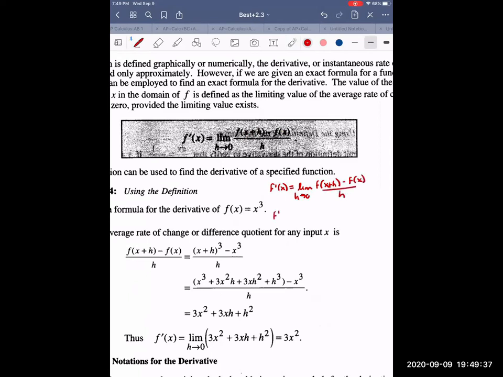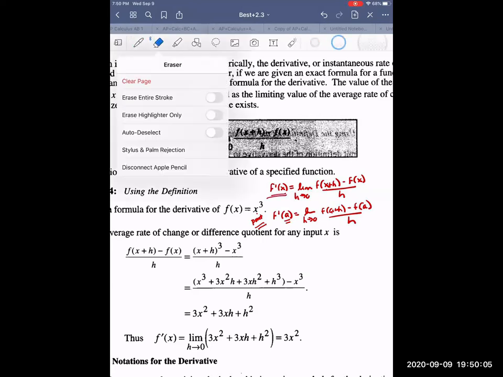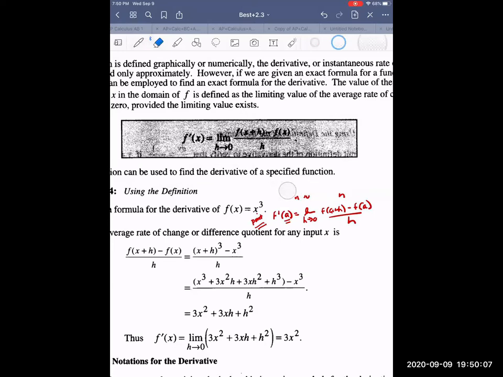The other one you had, the first one you learned, was the derivative at a point. This is at a point. The point x equals a was the limit as h approaches 0 of f of a plus h minus f of a over h. So you notice the formulas are exactly the same, except where there's an a here, there's an x here. That's the only difference. This one's at a point, so you're going to get a number. This one's over the entire domain, so you're going to get a new function. And you can see that really nicely with this problem right here